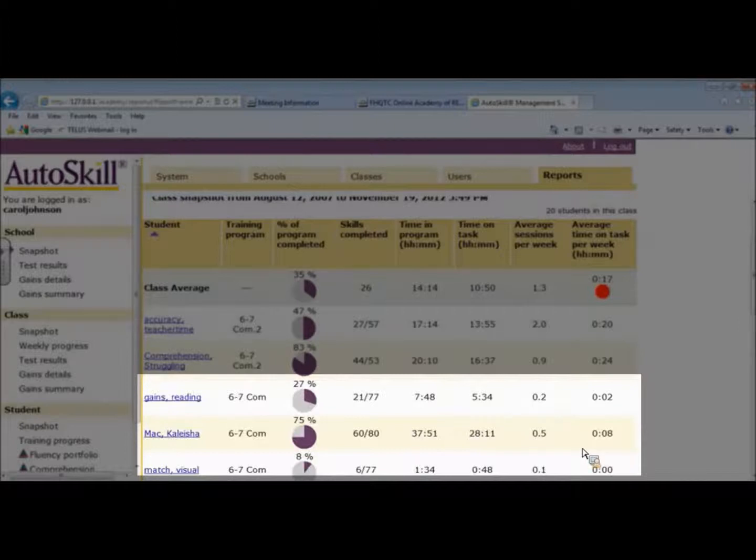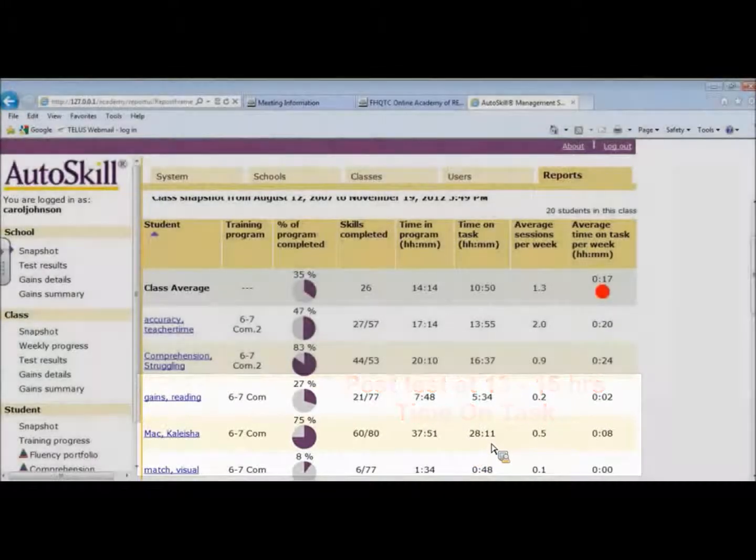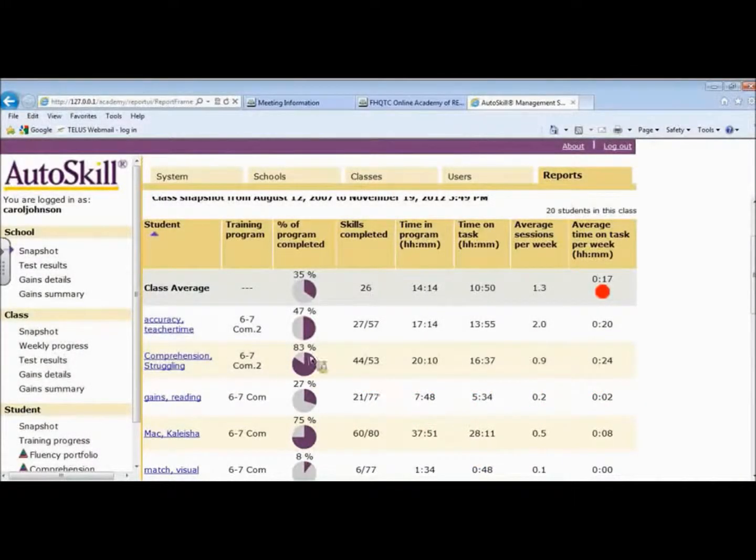So when would we assign a post-test? Maybe when Kalisha gets to be 13, 15 hours of time on task. And she's, as you know, in this example, has already been assigned a post-test. Okay, so I'm going to go back now to my